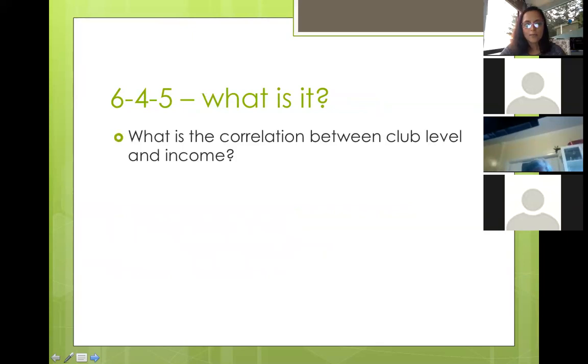645, what is it? What is the correlation between club level and income? This is the question the company looked at. If you're a 50 club, we would assume most 50 clubs make kind of the same amount of money, right? Well, that's not true at all. They found that